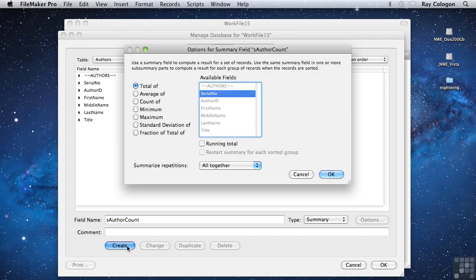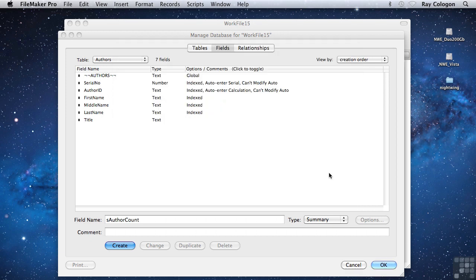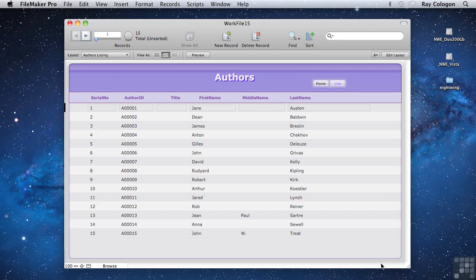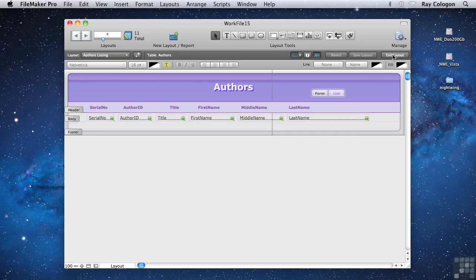And when I click Create, I'm presented with a number of options. In this case, I simply want a count of the values in a field that will always have a value, such as the serial number field. Now I'm done here, and I can go back to the layout to make use of this new summary field I've added. Now I'm going to go into layout mode, so I'll click on Edit Layout,